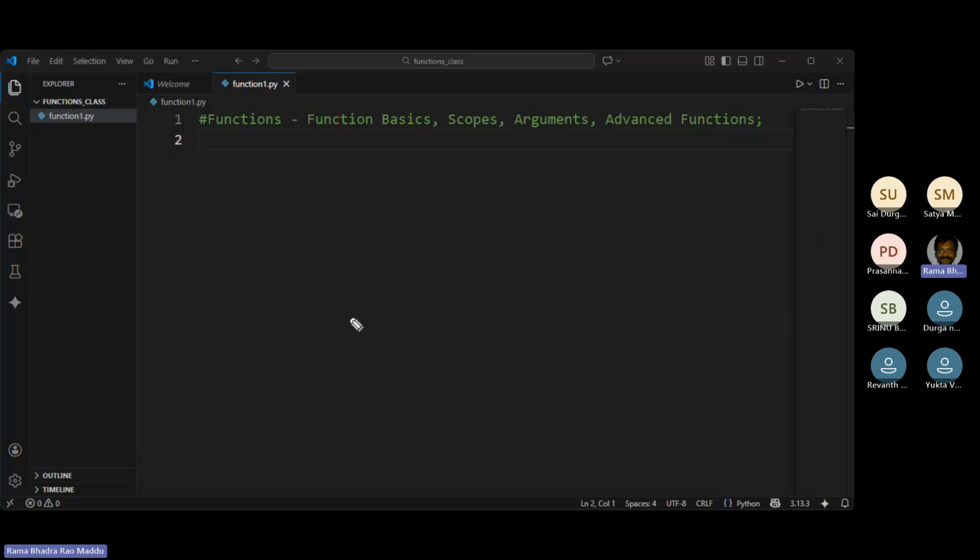Is the screen visible to everyone? Yes, sir, visible, sir. What I'm drawing in VS Code, it is visible. No, sir. One moment. That's why I'm asking.